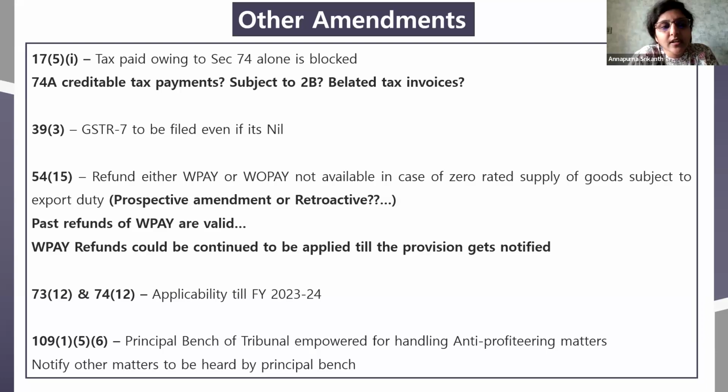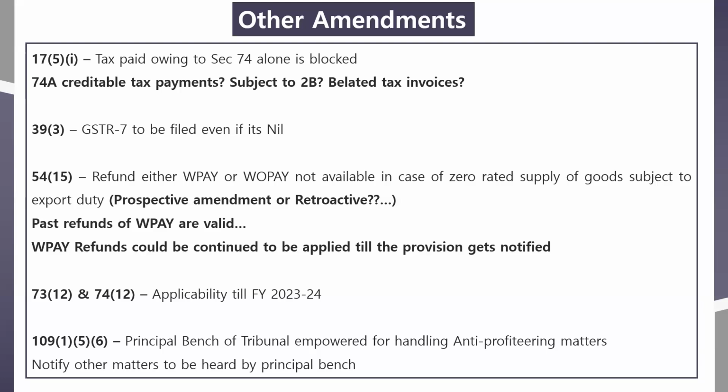Yeah, because 74A is a common section for both fraudulent and non-fraudulent cases. Maybe that is also one of the reasons they did not include that over here. They can't include, they can't identify. There will be parallel proceedings in each case to determine whether the recipient is eligible for credit or not. On the one hand, you will be running the proceedings, and on the other hand, the recipient has to also parallelly run a proceeding to say whether he is eligible or not eligible.